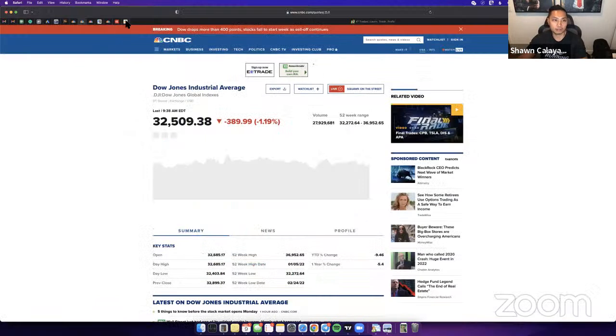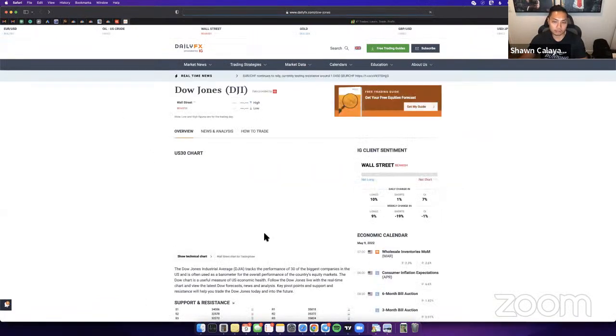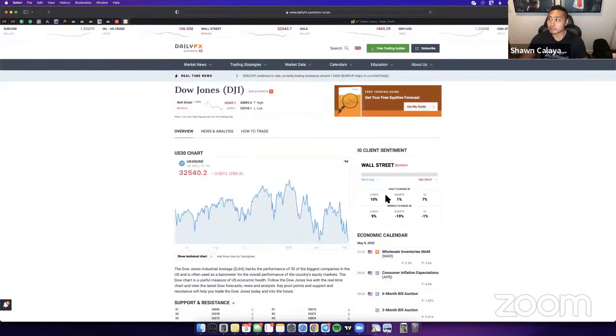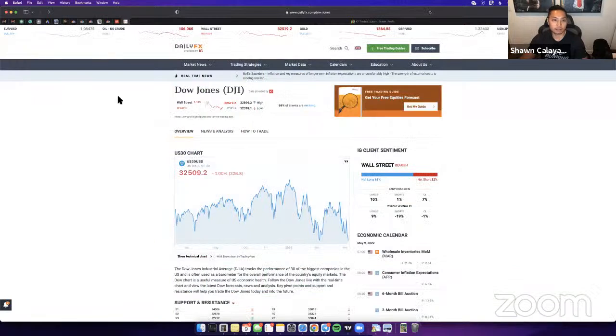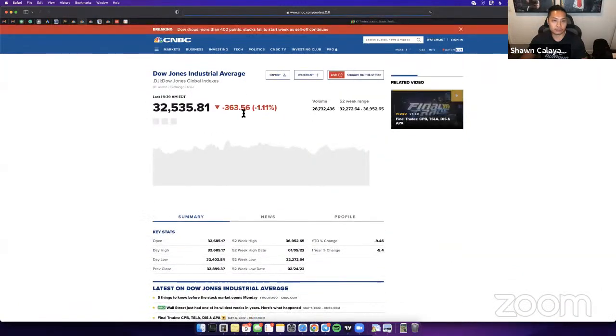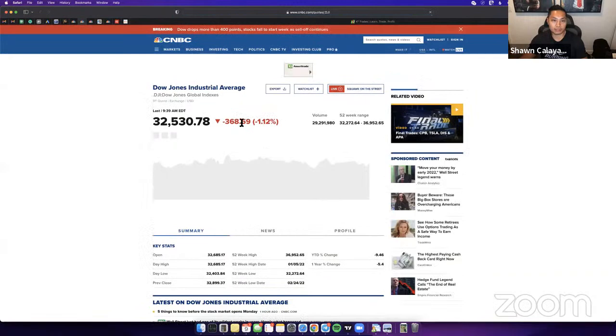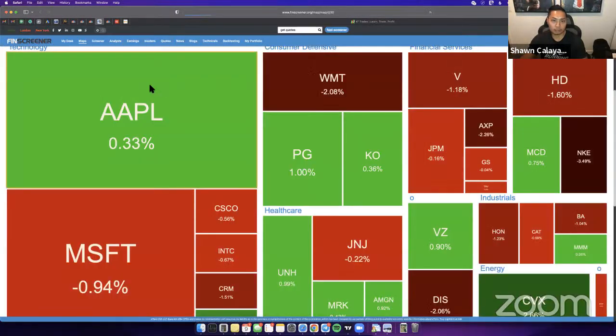If we look over here, let's take a look at retail sentiment. It's still very bearish. Look at how long this is, it's almost 70% long. What's happening here is they're trying to lure in some more buyers. They want retail traders to chase this buy right here. They think they're buying the dip. As soon as they buy the dip, price is going to come right back down. Overall bias is a sell right now. Looking at the fundamentals, they're so red. There's no reason for you to look for any buys at this moment, unless you're gambling. Looking at the heat map over here, let me just refresh this.